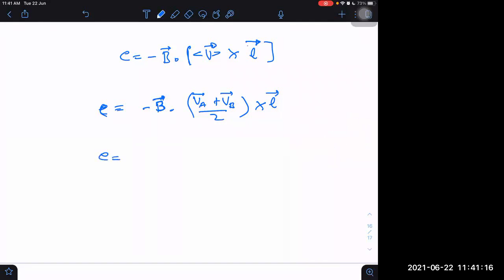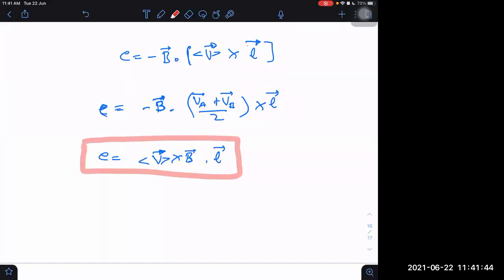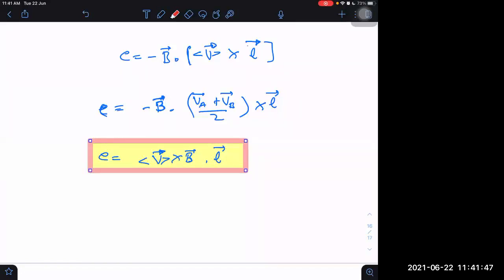I'm just giving you one simple formula, and that is V cross B dot L, valid always. The only difference is if velocity is not constant and magnetic field is constant, then velocity can be taken care of by taking the average velocity. Average is not easy to take in some cases, but it will be much easier if the velocity is varying linearly for rigid bodies. For rigid bodies, we can just take velocity at one end plus velocity at the other end divided by 2. Can you remember it? Just remember it.